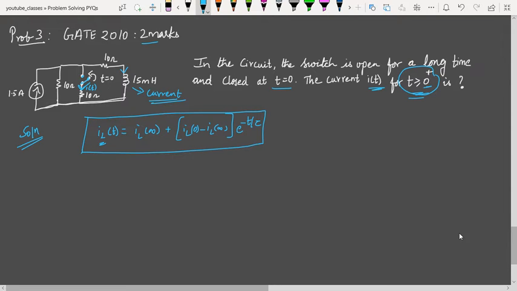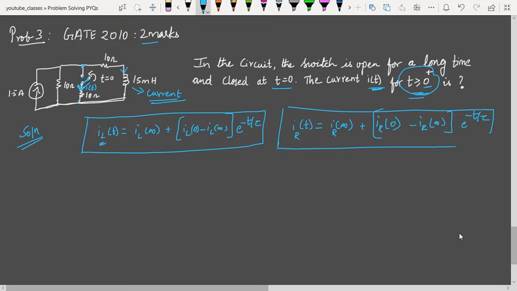This generalized equation can be used for all the transient circuits, in any place of the circuit. So we'll apply this logic in this branch. Instead of IL we will find I of t, where I of t is the current here. Similarly, I of t equal to IR of infinity plus IR of 0, that is the initial condition, minus IR of infinity, whole into e power minus t by tau.